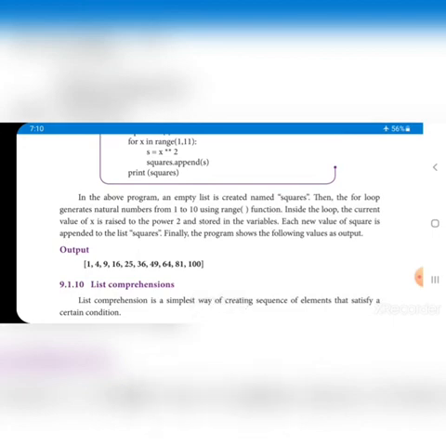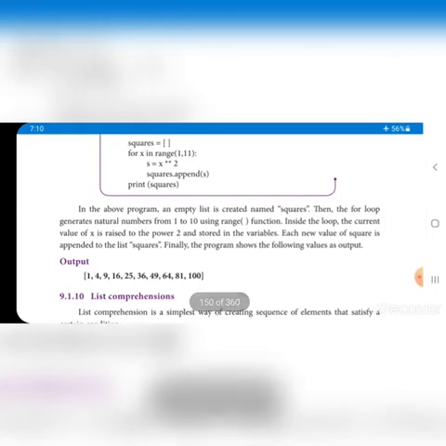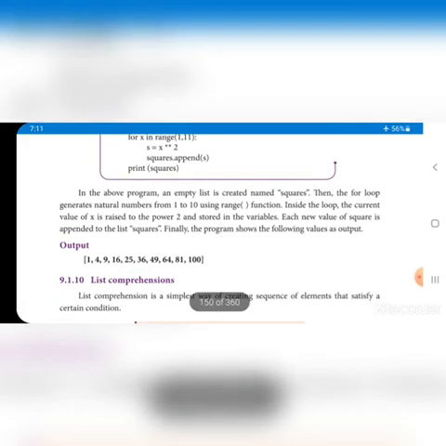Whatever output we get, that output will be added to the list, right? And all the list elements are printed using the print function. Here 1, 4, 9: 1 is the first value, 2 is the second value, 3 is the third value, 4 is the fourth value, 4 into 4 is 16, 5 into 5 is 25, 6 into 6 is 36, like that.